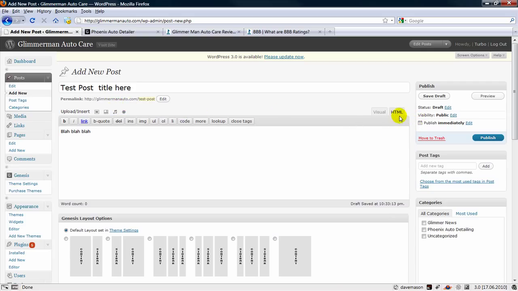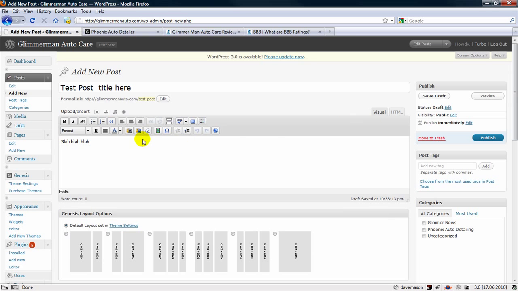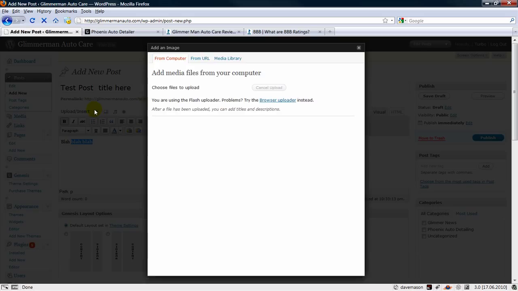You're going to start off in the HTML tab. Really, where you want to do your editing is in the Visual tab, which will look just like Microsoft Word, and it'll do spell check. And if I want to make something bold, if I want to add a picture, I can select it from my